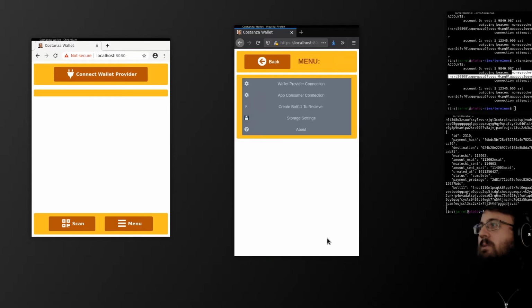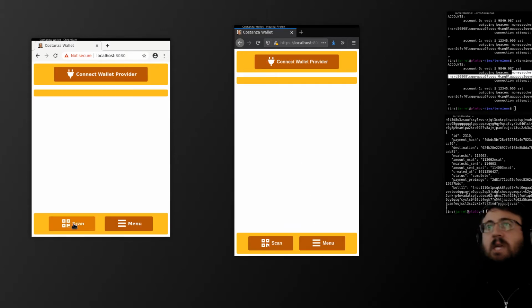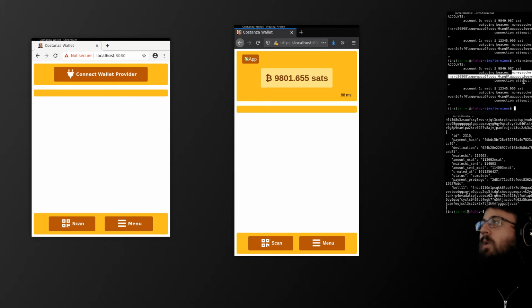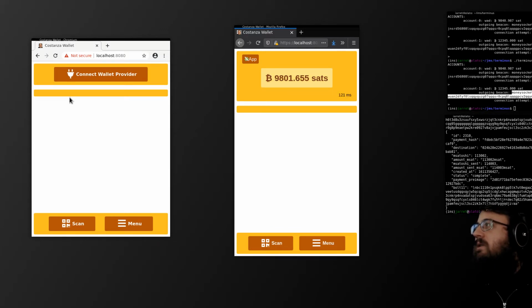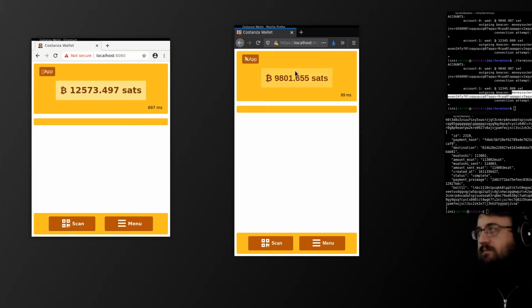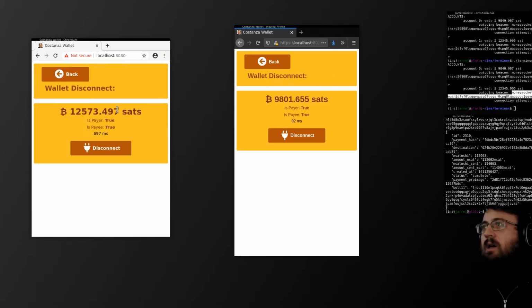It has a menu. I can't show the scan because it'll try and take the camera, which I'm using for this recording. But the idea is you want to connect a wallet, and I got the terminus set up, so that's the balance. So I can connect the other one as well. Then if you click on that, you get some info, you get the ping and all that,